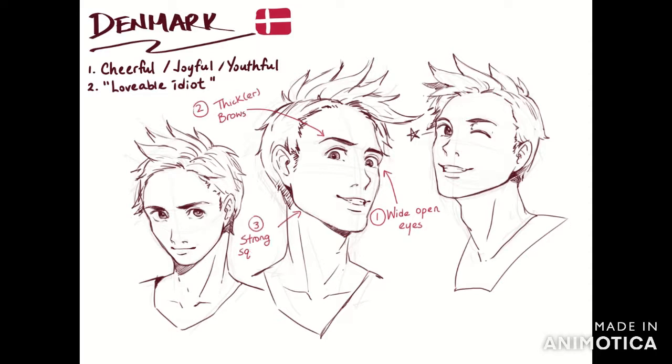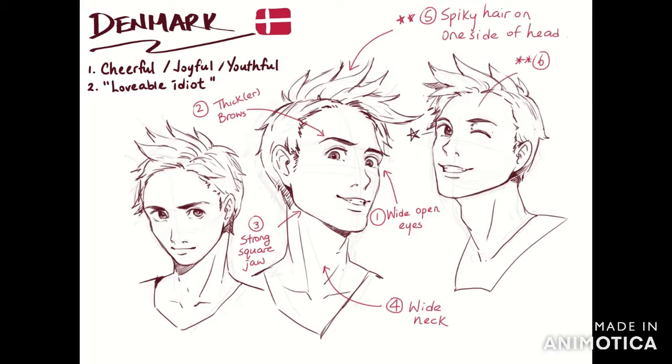So, just to recap, the really important things to look out for when drawing Denmark is, first of all, make sure to always draw him with wide open eyes. And then thicker brows to make it more apparent that his brow bones are bigger, which is more masculine. A strong square jaw, a wide neck,